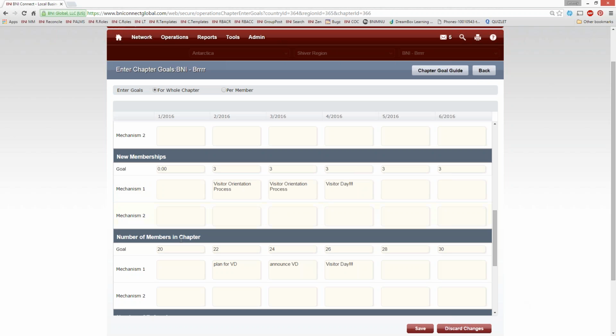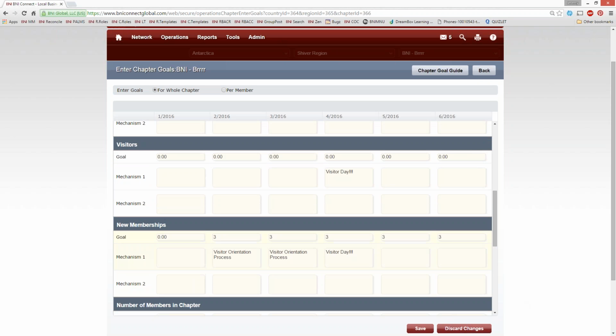So moving up the list here, where do new members come from? Well, new members come from visitors. In order to have new members, they do need to visit the chapter first. So if we know how many new members we need, we should be able to calculate how many visitors we might need to get. So with visitors, you do have to keep in mind, what is your conversion rate? How many visitors are showing up to the chapter versus how many people are being accepted into the chapter?